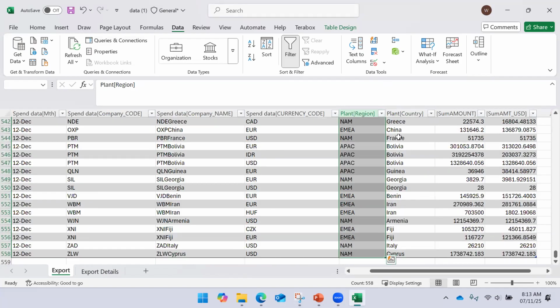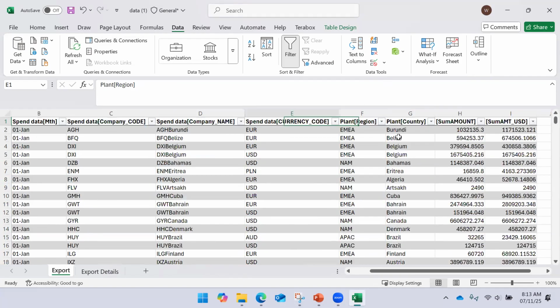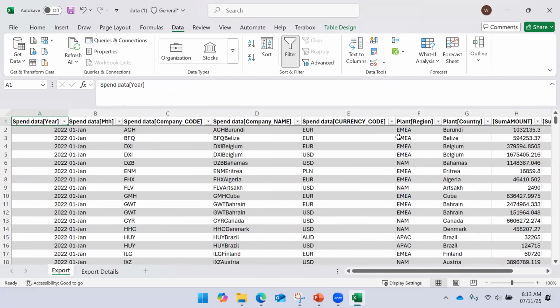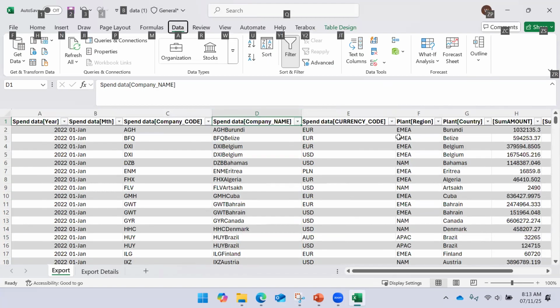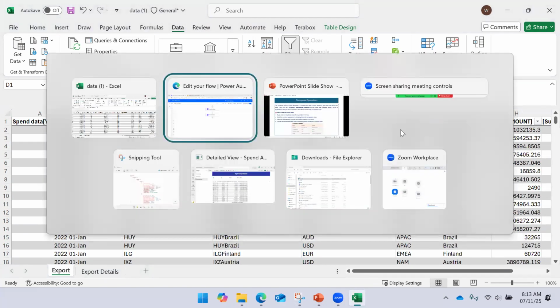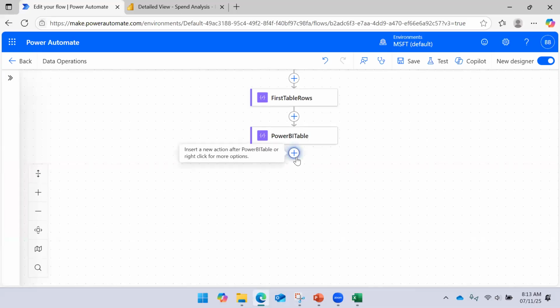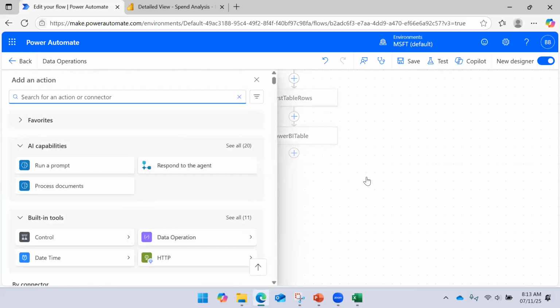this one. Let's say the region column, then the plant column, or instead of plant, I can use the company name also. So this will be like supplier name and all, right? So here, if I click on this,